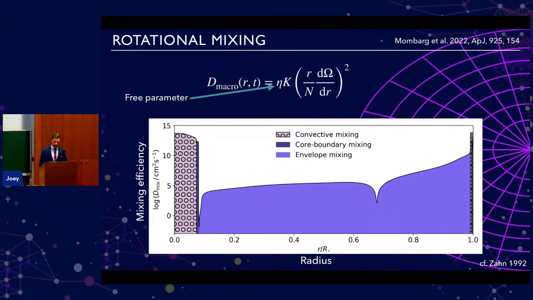And so this is exactly what we need. In order to get mode trapping, or to have these dips inside of your period spacing pattern, you need to build up a chemical gradient near the core. So you need a very low mixing efficiency near the core. But if you also have microscopic diffusion, because of the settling of helium, you also wash this out.